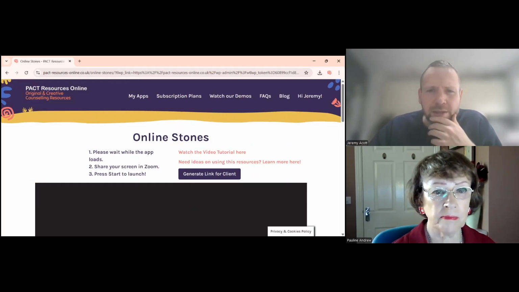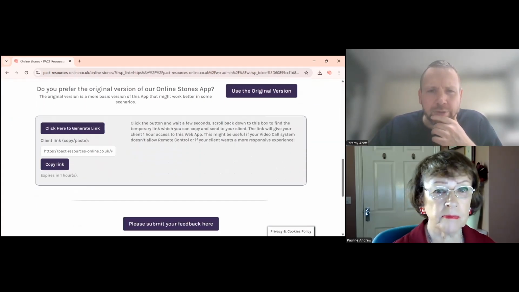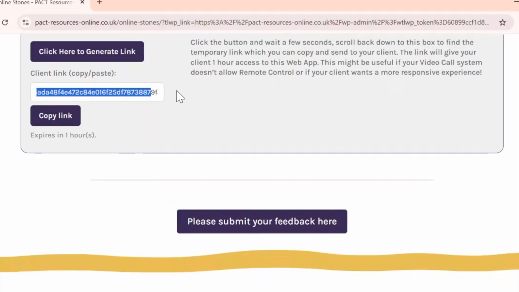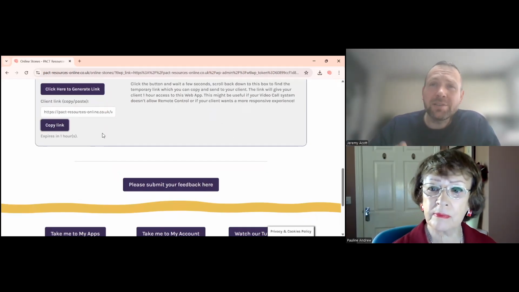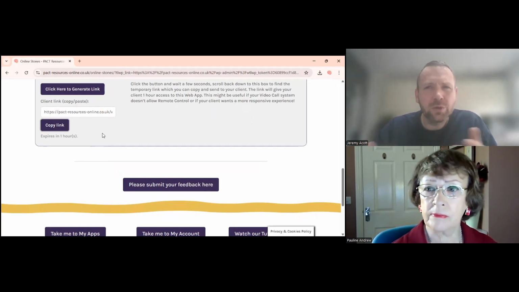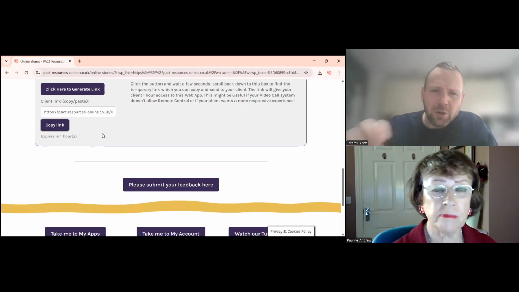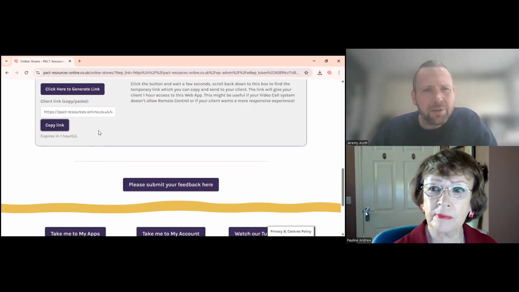It then reloads the page and then you scroll back down to that part in the page and you can see here a unique link has been generated. So I can either highlight it like so and copy it, or I can just click this button, copy link. It copies the link for me. And now what I will do is paste that link into the chat. So if I'm working on Zoom or Teams or Google Meet or any of the other video calls, there'll be a chat function. And I'll just open that up, paste that link that I've just copied into that chat function,